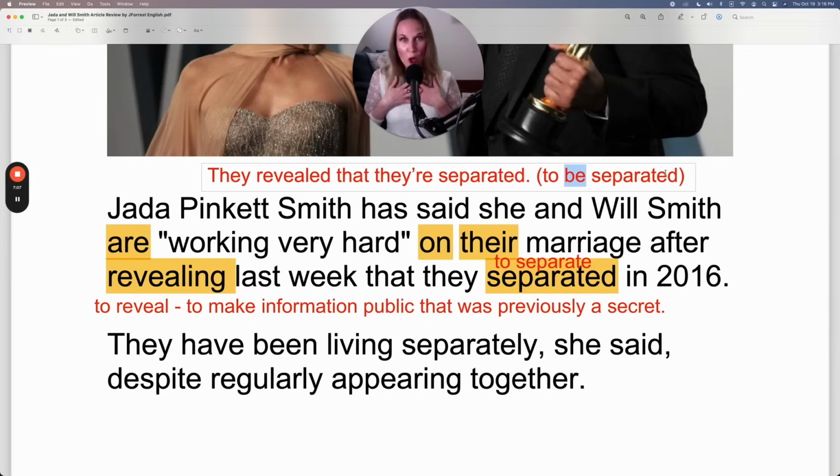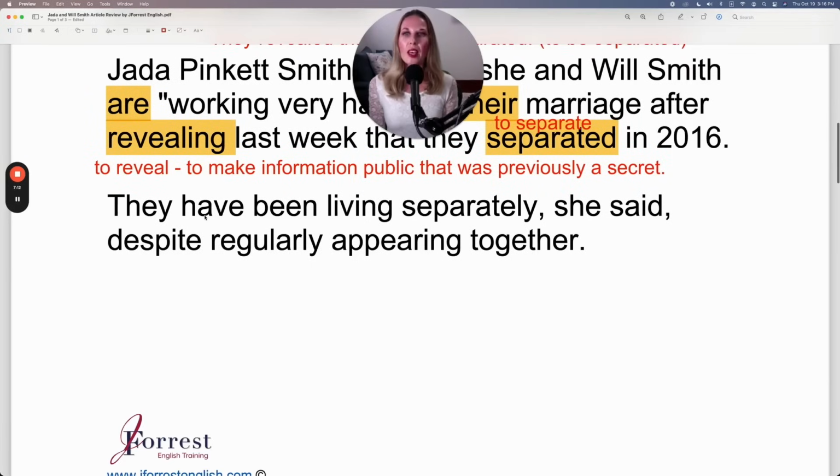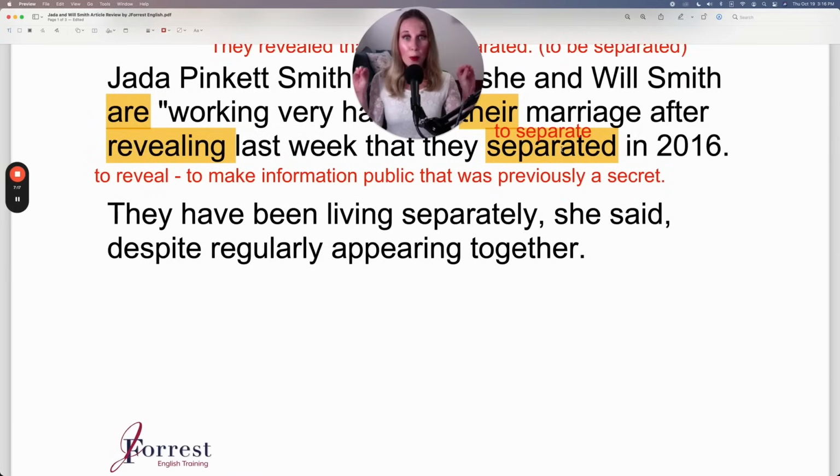which for me is not true. It was just an example, but for this couple, it is true. They have been living separately. Like I said, when you separate, that's kind of the word, right? To separate. You separate your lives, you live separately. They've been living separately. Now, we know the time reference, 2016, so I could add, do you know what I